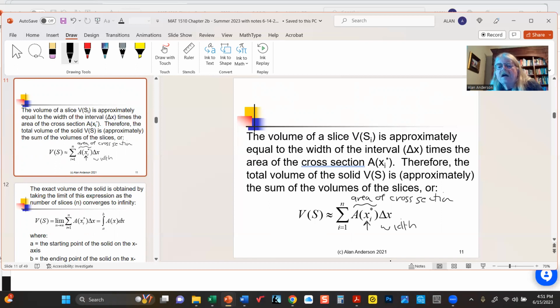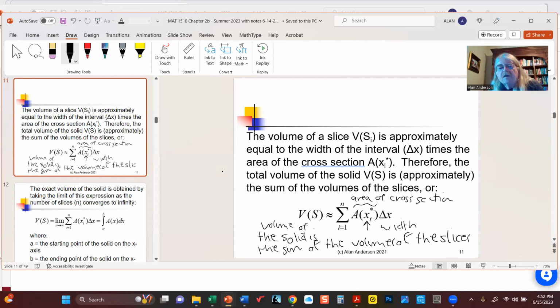Now, the volume of the entire solid is approximately the sum of all the slices. But if you notice, they're using the approximation sign because just like with integration,